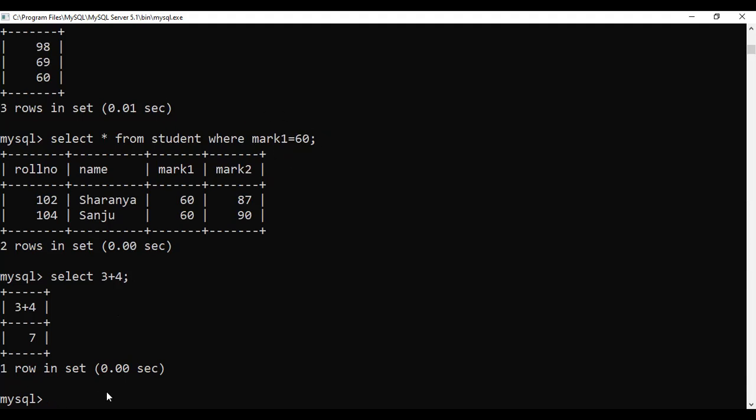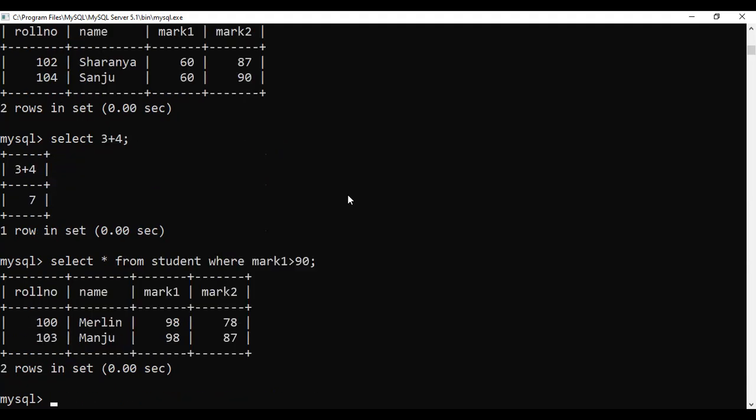If I want to display the marks greater than 90, how will I give the condition? Select, spelling also check, select star from student where mark 1 greater than 90. You can see these are the students having marks greater than 90.